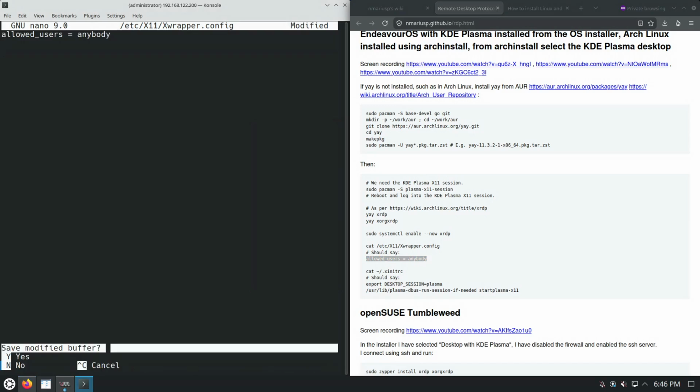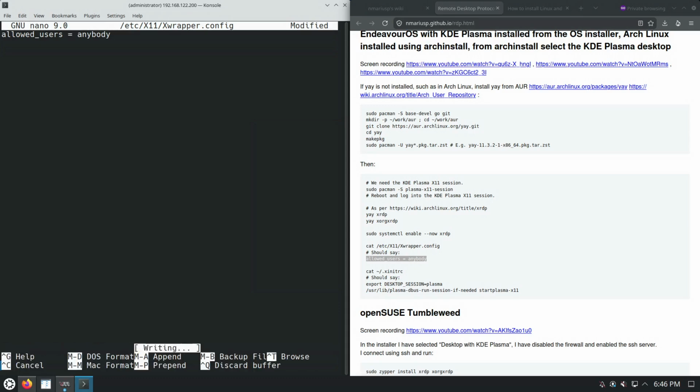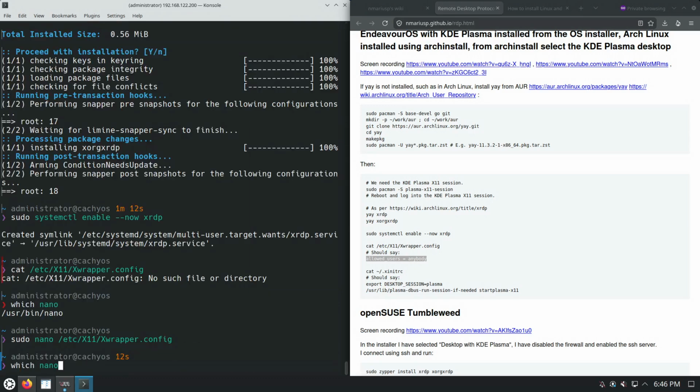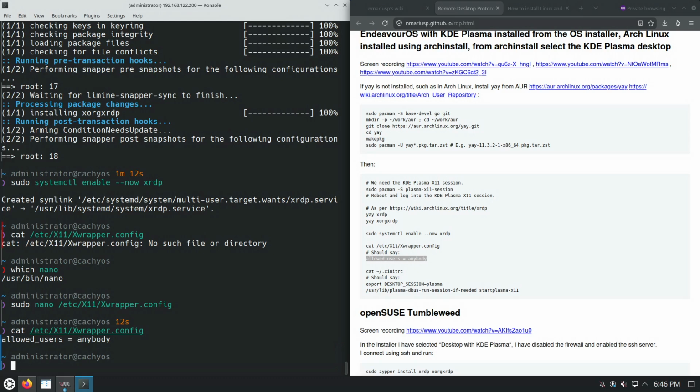Control X, save, Y, enter. And now if we list the content of this file, it should be as it's documented here in my tutorial, so allowed_users=anybody. And then we'll need a configuration file similar to the way you would start the X server without a desktop manager. So in this case, a file named